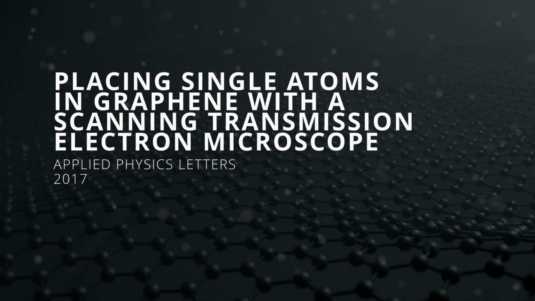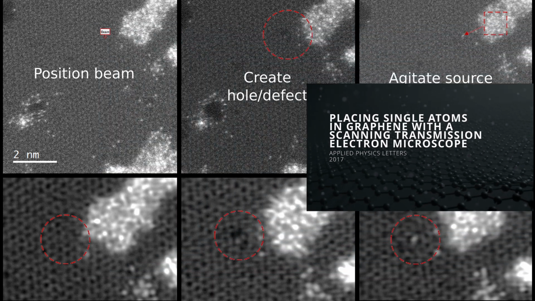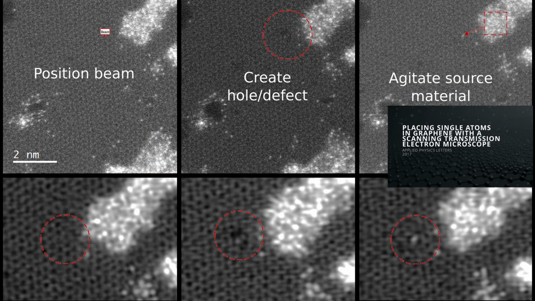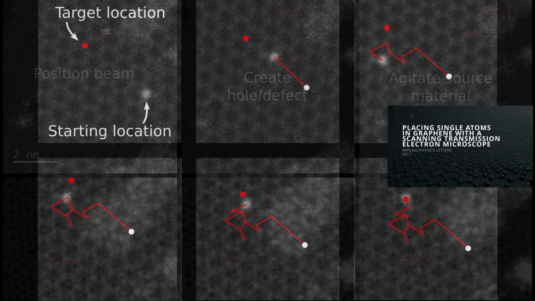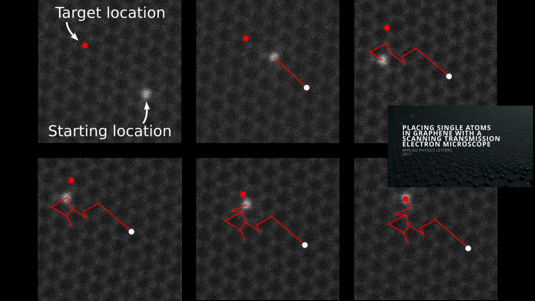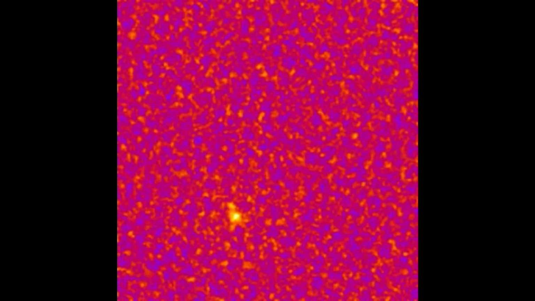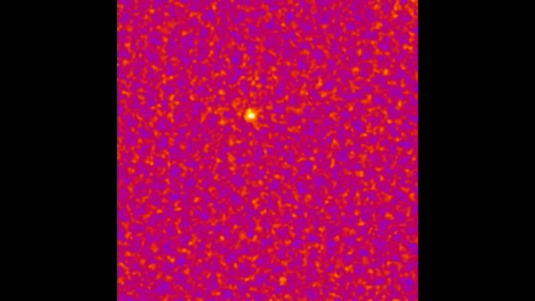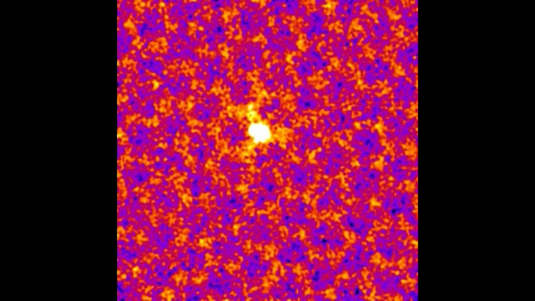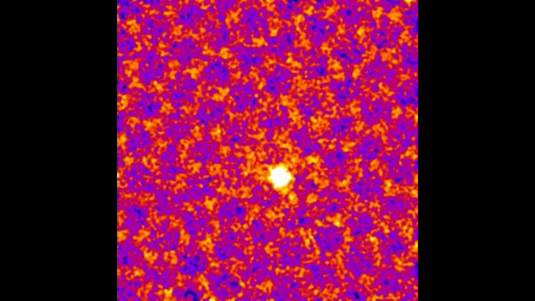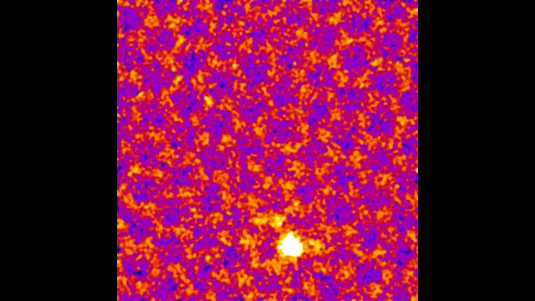In a previous publication, we described how we can place single atoms into graphene by intentionally damaging the lattice and then sputtering silicon atoms from nearby contamination that subsequently attached to the damaged lattice. We also illustrated how a silicon atom can be intentionally moved through the lattice. Here we start with a similar insertion process to generate many silicon dopants. Again, we illustrate the ability to move silicon atoms step by step through the graphene lattice, in a line, and also in a circle. But if we want to build structures atom by atom, we need to start bringing atoms